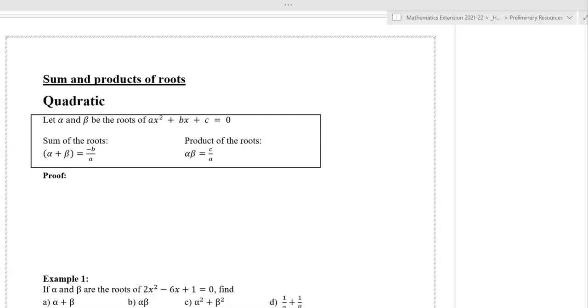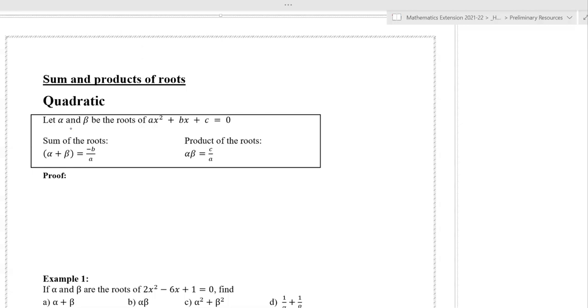Today we're going to look at sum and products of roots. So we're going to be looking at the roots of quadratics or cubics or higher polynomials, and we're going to find out what the roots add to or multiply to. So our first rule for a quadratic, if the roots are alpha and beta of the quadratic ax squared plus